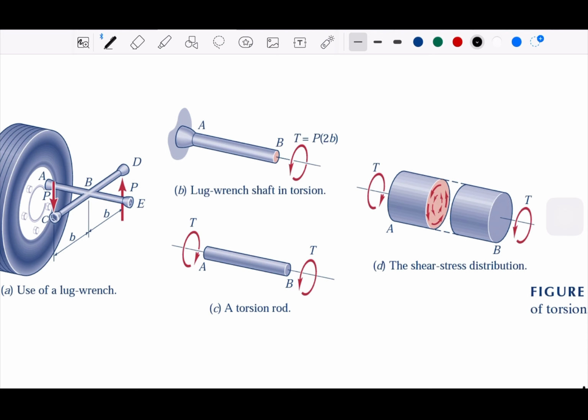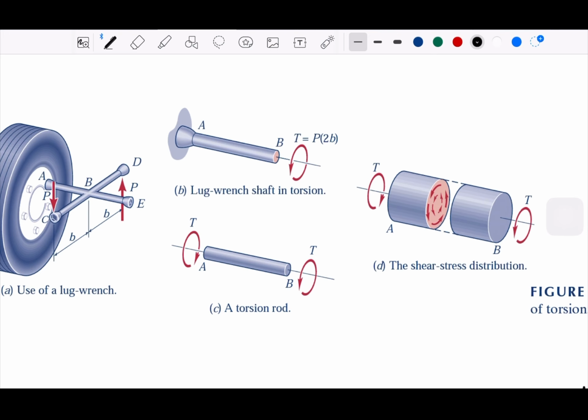the shaft AB, we take a look more clearly and we cut AB from this structure, we see that we have some torque on this particular member, okay? And then we can distribute the shear stress inside the member. So when you take the torsion, when you give some torque power,